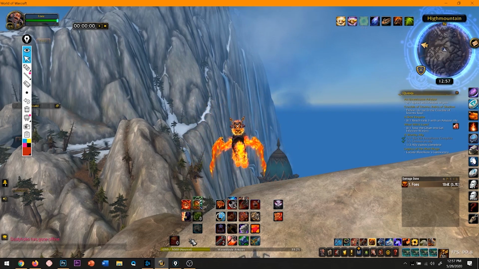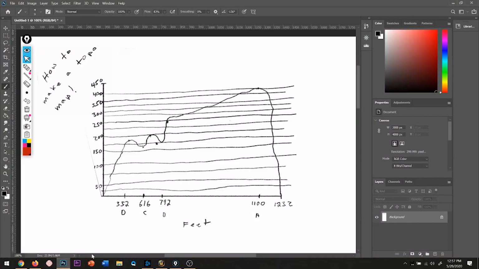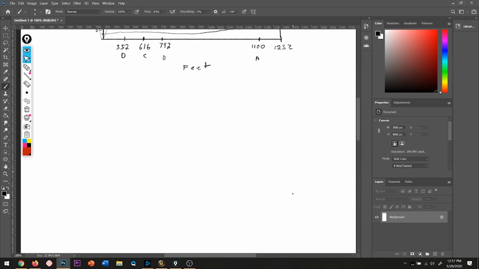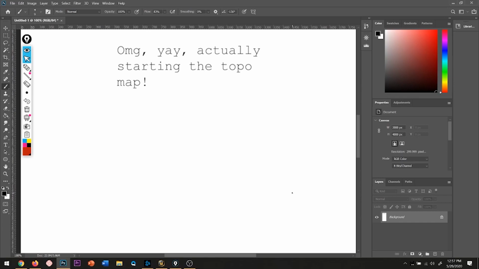Okay, let's finish this train wreck off. Let's go back to Photoshop. Okay, we would make 3 dimensions out of this. So we've got these high points we should see on our topo map, and we need 1,232 feet. Okay, so go down to your paper, or get another piece of paper if you have to. We're going to make it smaller. It's not going to be actual size. So I'm going to start off saying from here to here is